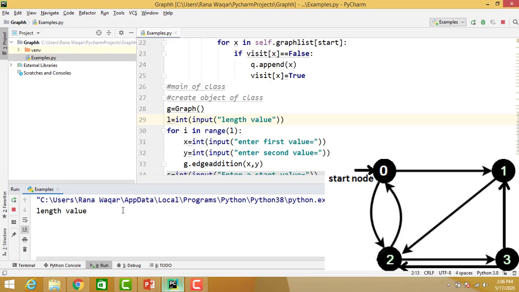Length value is 7. Enter the first value 0, second value, 0 to 1.